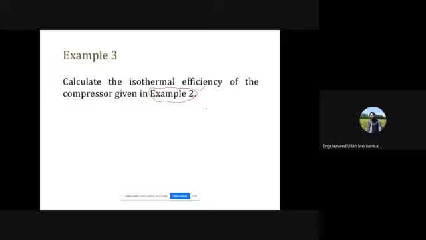Okay, so the work consumed by the compressor in polytropic process is there, right? And you can find out the work consumed by the compressor when the process is isothermal, and just divide this one that you calculated now by the one that we have in our previous example. You can get the isothermal efficiency. ये सॉल्व एग्जांपल है, आप खुद से कर,